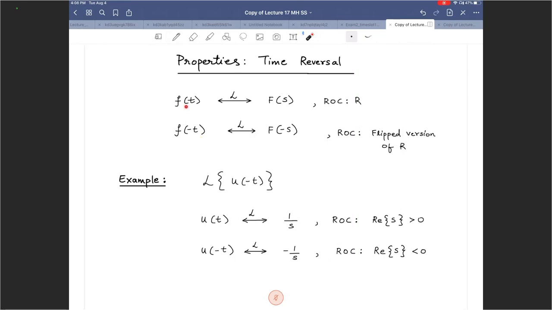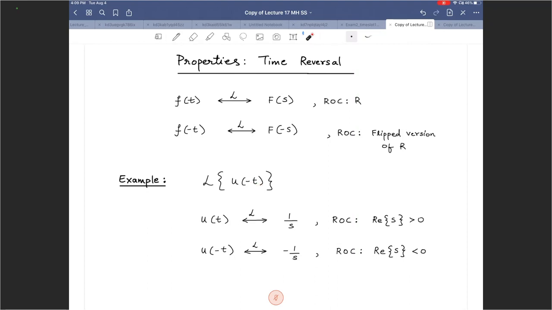So if given f of t has a Laplace transform of cap F of s and a region of convergence as cap R, if we do a time flip or a time reversal of this time domain signal, then in the Laplace domain, it also gets flipped about the vertical axis. And ROC is the flipped version of the earlier region of convergence. Let's take a look at an example here. We are trying to find the Laplace transform of u of minus t. So we took a unit step, we flipped it about the vertical axis, and we are trying to find the